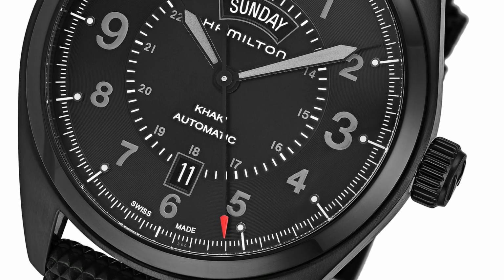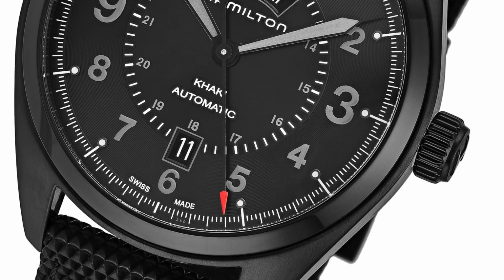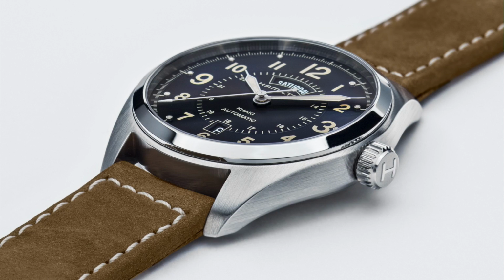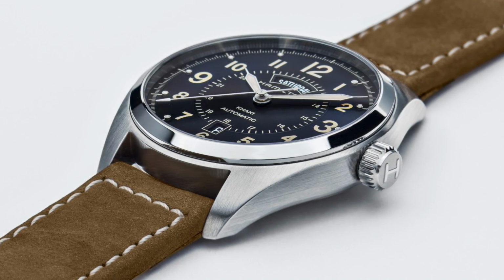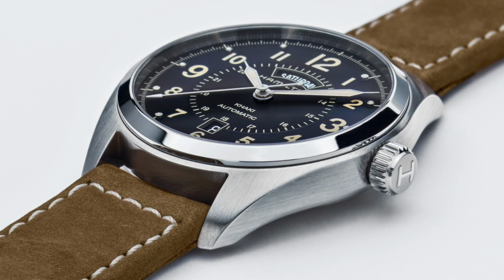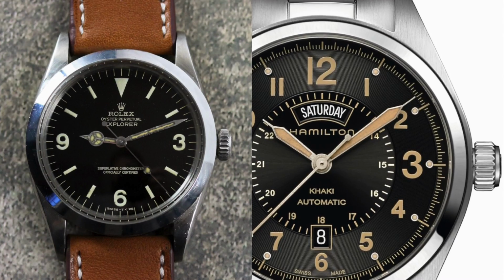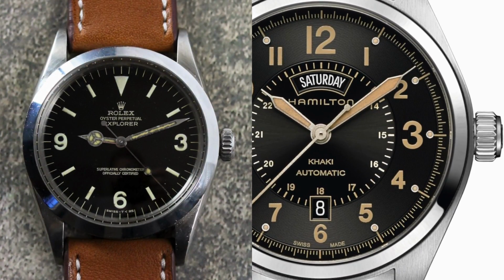Inside we have the H30 caliber, which is based on the ETA 2836. A massive benefit of being in the Swatch group. Undoubtedly, sapphire glass, a clean classic design, that smooth bezel. Stylistically at a glance, very, very similar, in my opinion, to the Rolex Explorer 1016, which is probably my favorite,